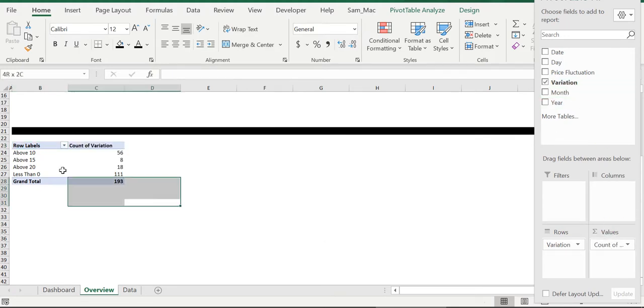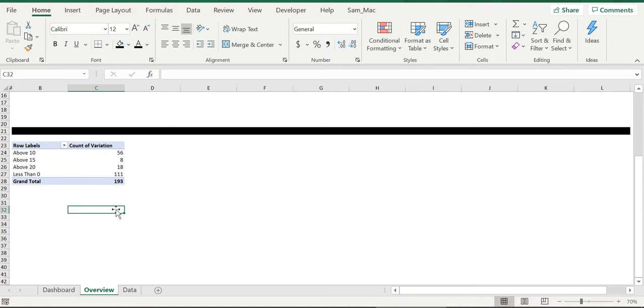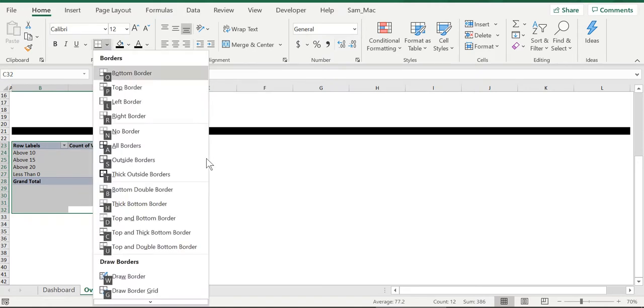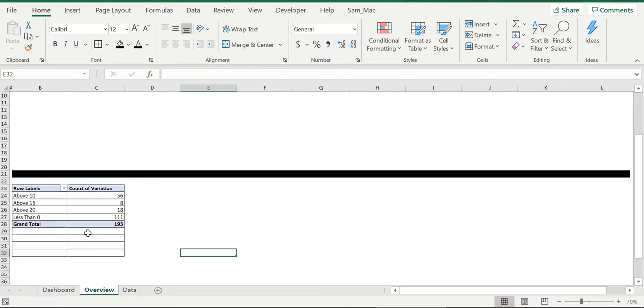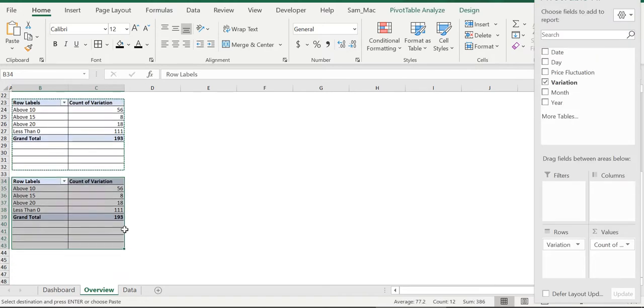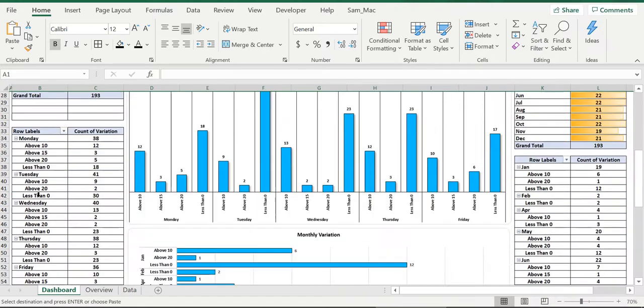Okay, now a little bit of shortcut to go ahead and do that. You can either use this or press Alt HBA, so that'll take you and give you that information right here. Now once you've created this, you can go ahead and replicate this same thing for any number of times. So I'm going to go ahead and paste it here, and I'm going to take the next thing, which is